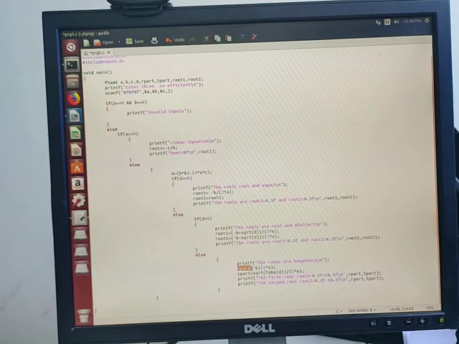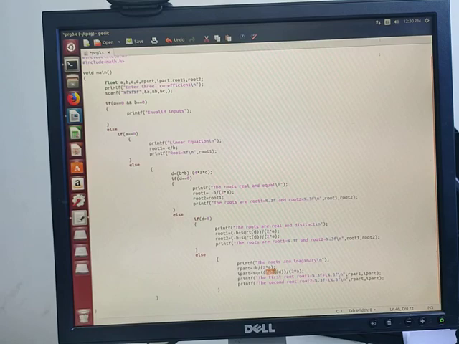So what is the real part? The real part is equal to minus b by 2a. Then the imaginary part is the square root of fabs of d. This is the float absolute, because the d we are getting is a negative value. So in order to convert that into an absolute value, you need to use fabs. These two are mathematical functions: square root is a mathematical function, and fabs is a mathematical function.